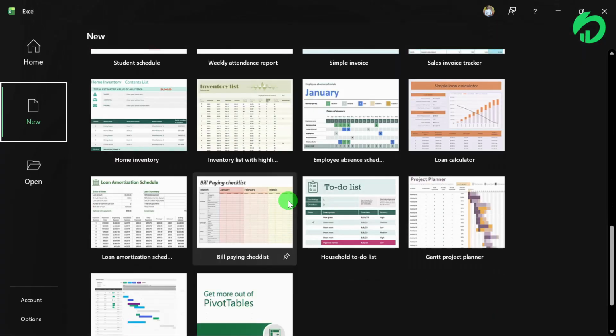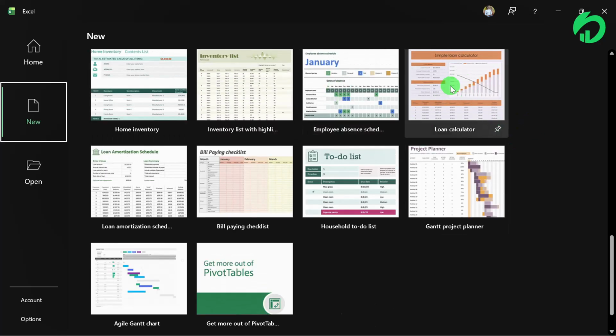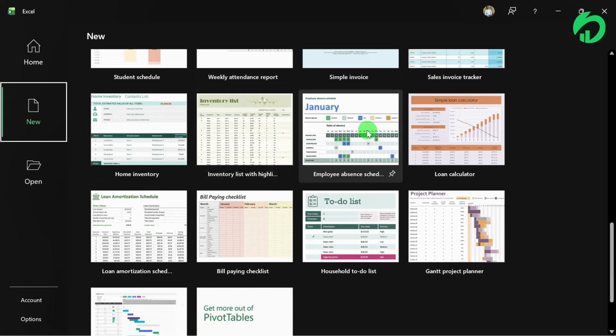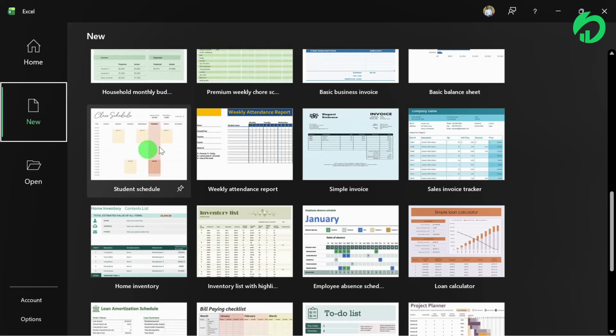Microsoft keeps updating this. So if you are planning a project, this is a project planner. If you need a customized to-do list for yourself without building from scratch, this is it. Loan amortization schedule, you can do that here. Your employee absence schedule. If you're taking a loan and you want a simple loan calculator, this is over here. So you have quite some useful templates that you can actually use here for your work, your student schedule,